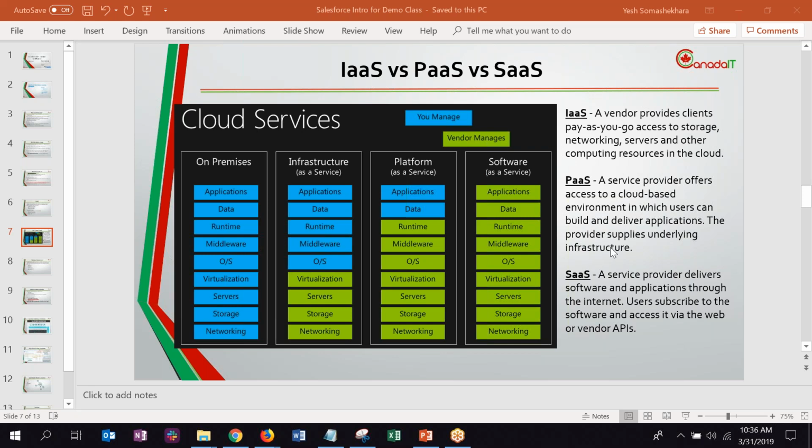Think like this. Using the same kitchen model, now they also give you ingredients also. So you just go in and cook. What's the advantage of that? You don't have to buy all the ingredients, and because let's say if it's a big service out there, they have all the ingredients they need. You don't have to go shop for them in different places, bring it together, and then arrange it.